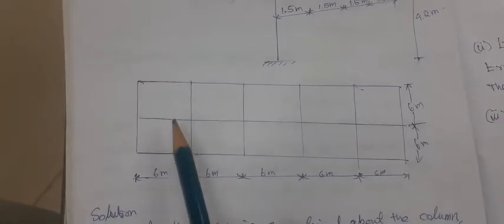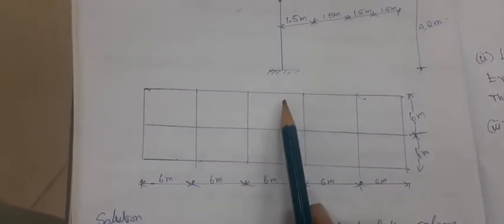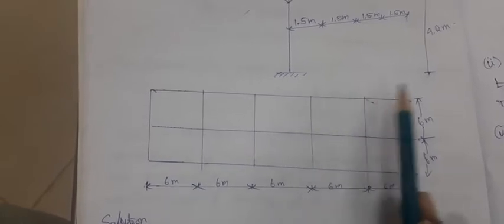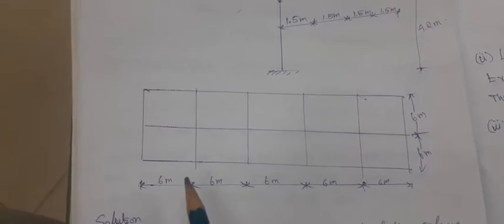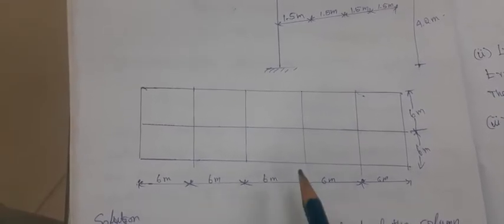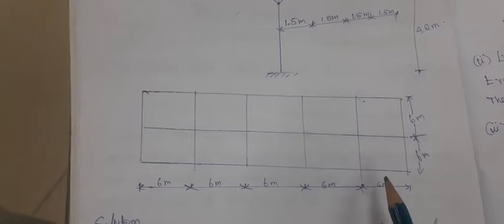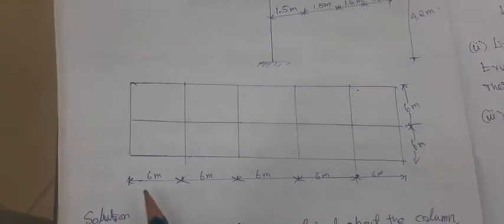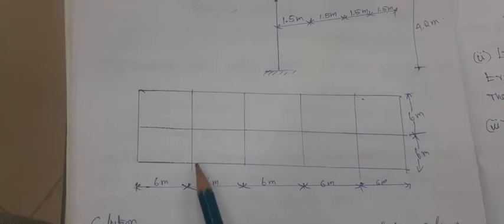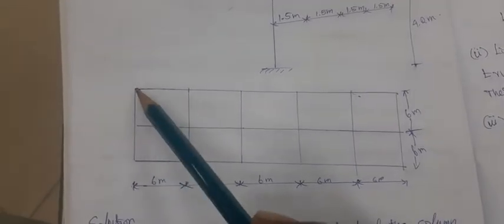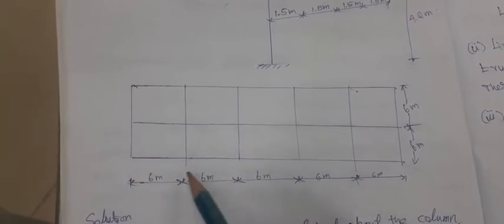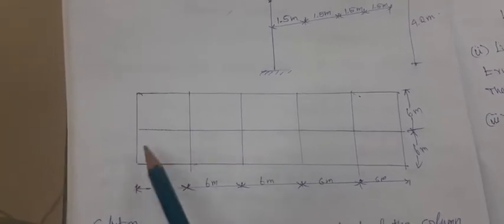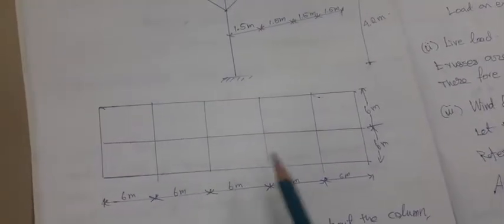So we know this type of truss has a starting point and a center point. From the left side and right side we have some planned area. The planned area is divided into portions, like 6 meter, 6 meter, 6 meter, 6 and 6 meters. So each portion has 6 meter. That means one truss will start here, then another truss will be placed after 6 meter. Like that, the same type of trusses will be placed at every 6 meter interval.